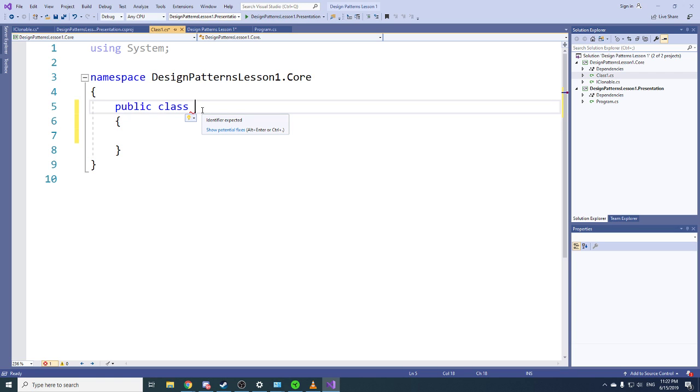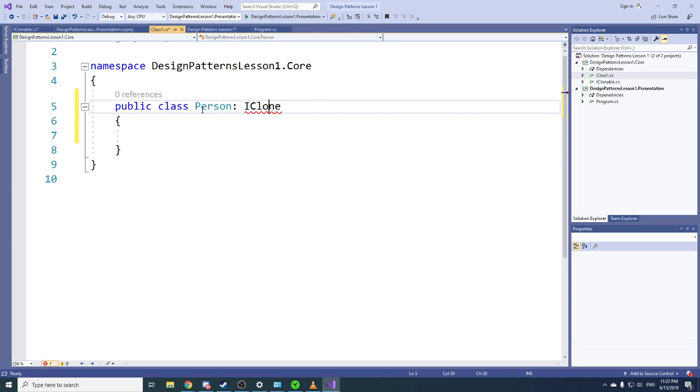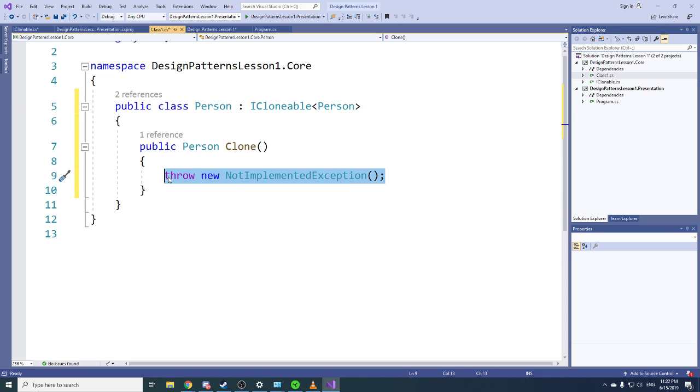Now the actual cloning will look like this. So we have a person, which is IClonable, and we say that it's person. Now we need to implement it. Like I didn't mention, but in C# we have MemberwiseClone, I think shallow copy of the current object. So we don't need this. So our copy is this, and